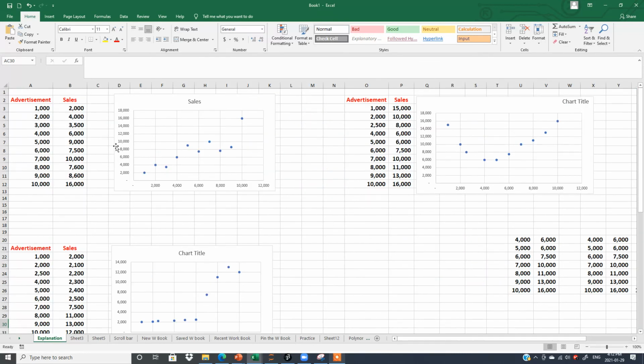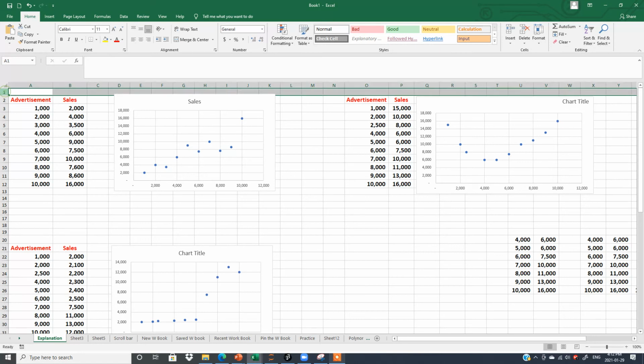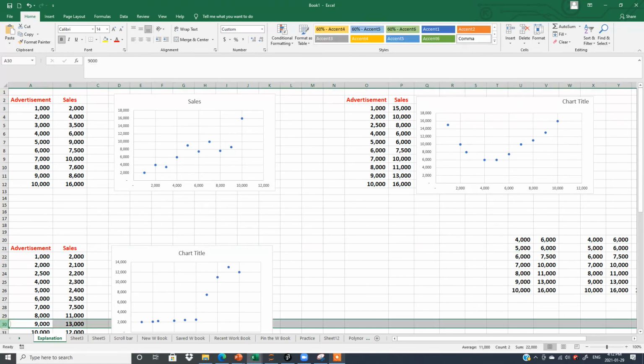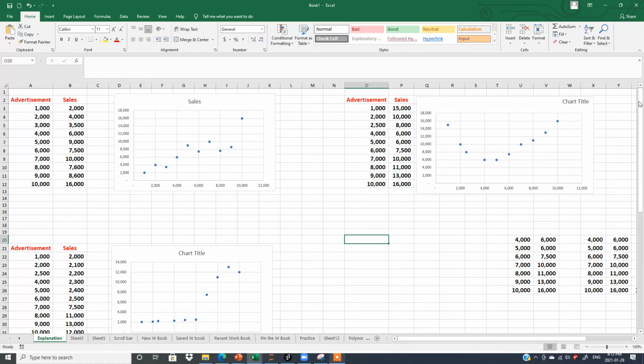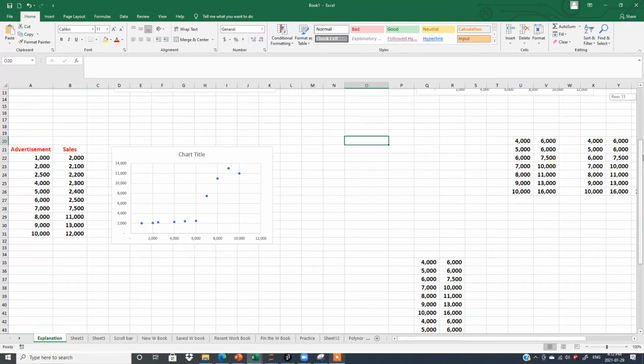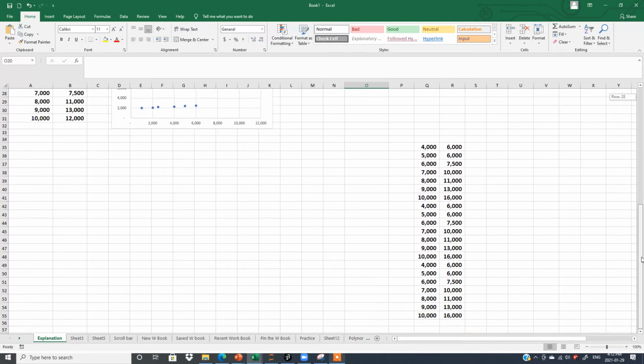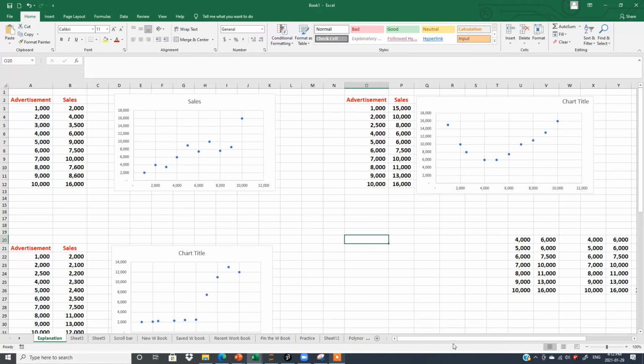Similarly, here we can see our rows starting from row number 1 to row number 30. But we have some other data at the bottom. To see that data, you have to use this vertical bar, this one. See, we have this data. So this is the horizontal scroll bar and this is the vertical scroll bar. I hope this is clear, right?